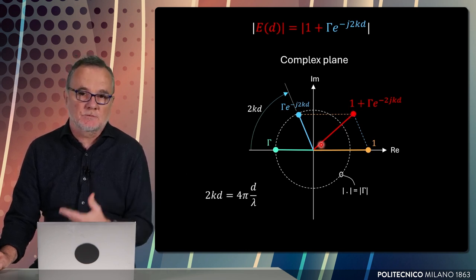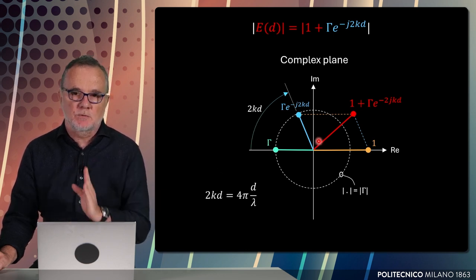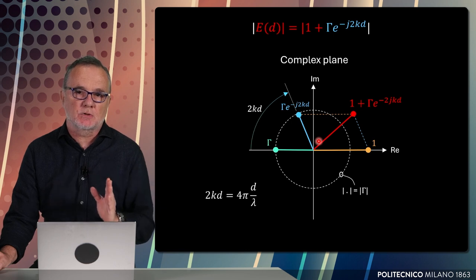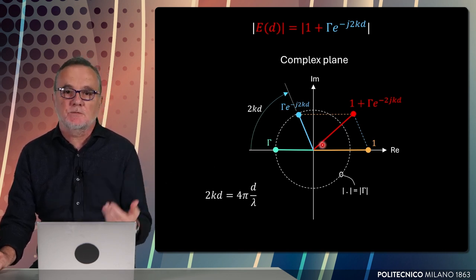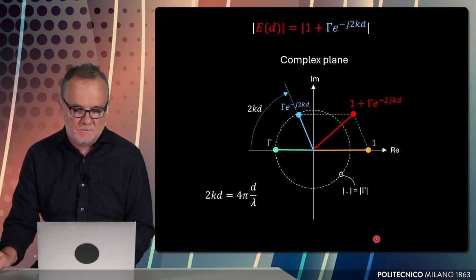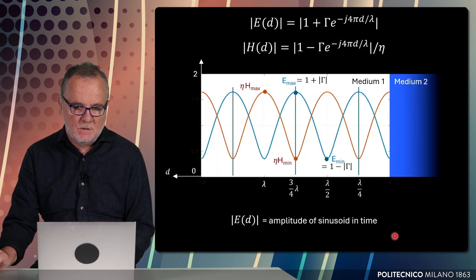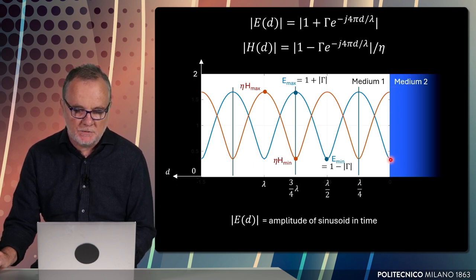And the amplitude of this phasor is the amplitude of the sinusoidal oscillation in time. So if we observe different positions, different distances from the interface, we observe different values of the amplitude of the electric field because of this interference, because of this coexistence of two waves. So, starting from the interface and moving in this direction, we observe that at the interface we have some value as the amplitude of the electric field, that is this blue curve, as you see, starting from here.